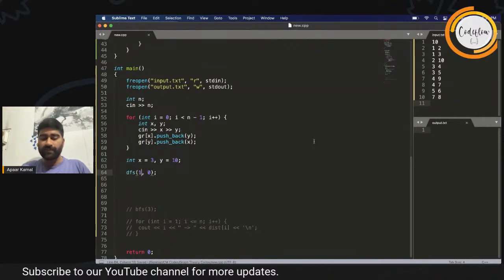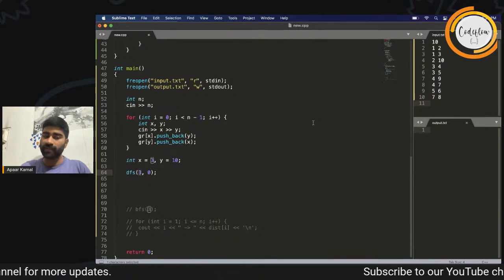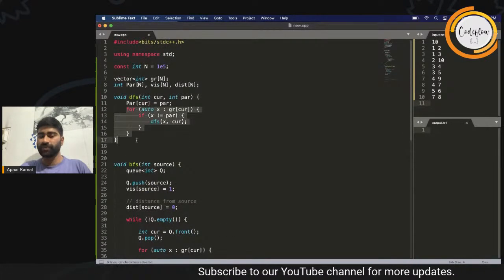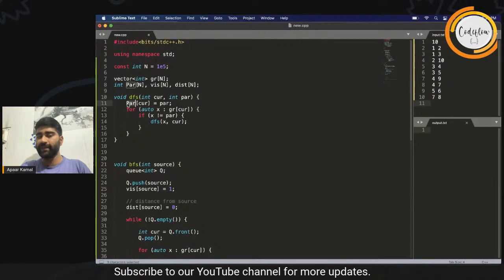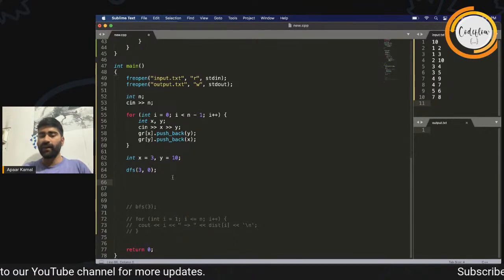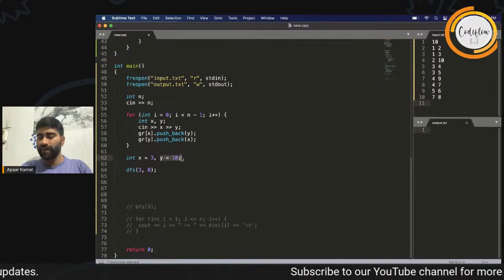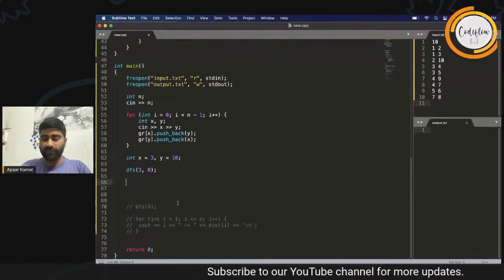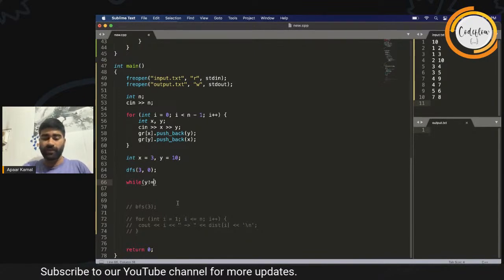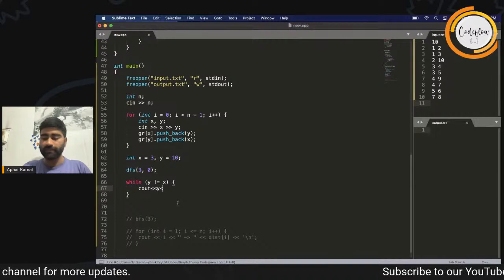So what I'll do is I'll apply a DFS from 3. According to 3 as the root, all the parents will be stored into the parent array, right? Now, what will happen if I have all the parents? I'll simply start from Y. So while Y is not equal to X, cout Y,